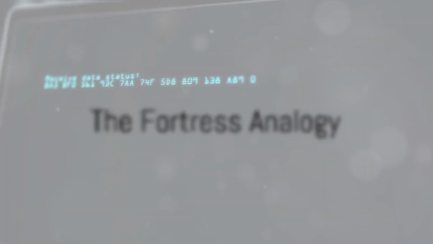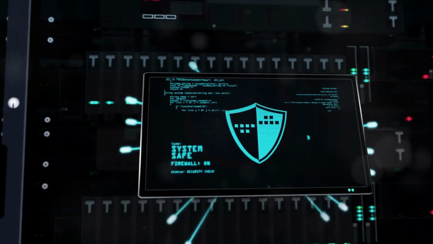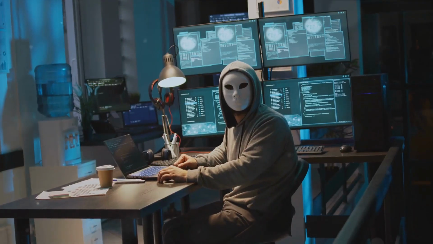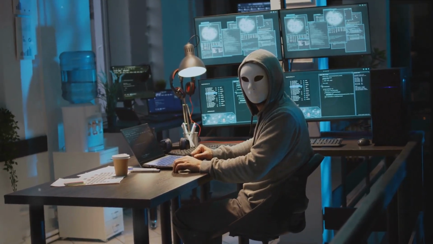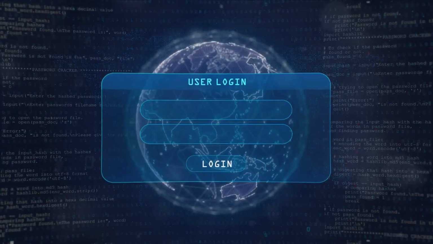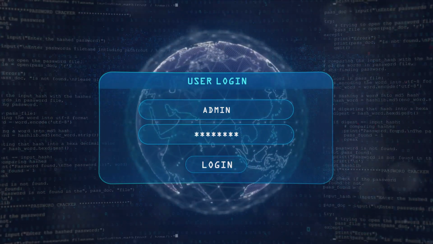Think of your system or application as a fortress. Your valuable assets, data, applications, and infrastructure are what you're trying to protect. The threats, hackers, malware, insider threats, are your adversaries laying siege to your fortress. The vulnerabilities in your system are the weak spots in your defenses, like a loose stone in the wall or